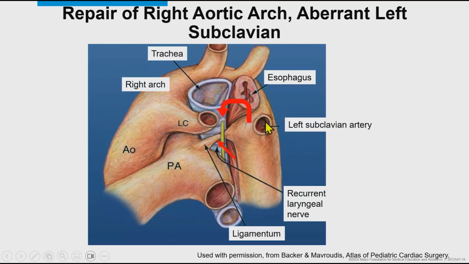So we looked at this anatomy previously, and this anatomy can be a little more tricky in terms of when they present with symptoms and when they should be repaired. So again, this is the right arch. The left subclavian, the Kommerell diverticulum is generally right here. And so generally speaking, if you have a large Kommerell diverticulum with this left subclavian, over time we see the vast majority of these patients developing symptoms.